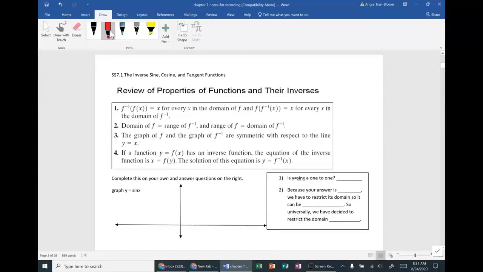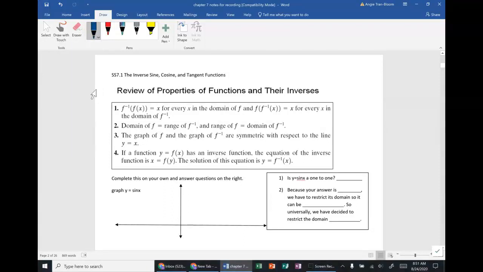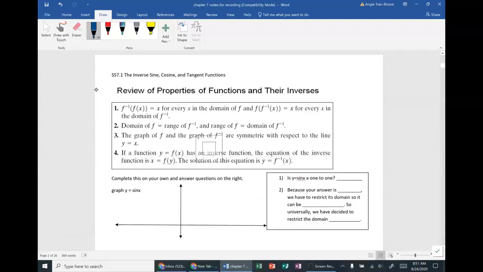Now 7.1, the inverse sine, cosine, and tangent functions. I'm going to change my color of pen. There you go. So let's review the inverse properties of